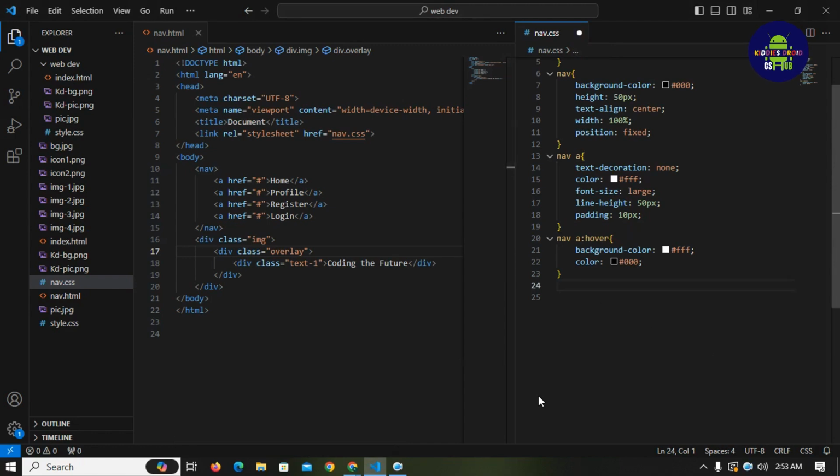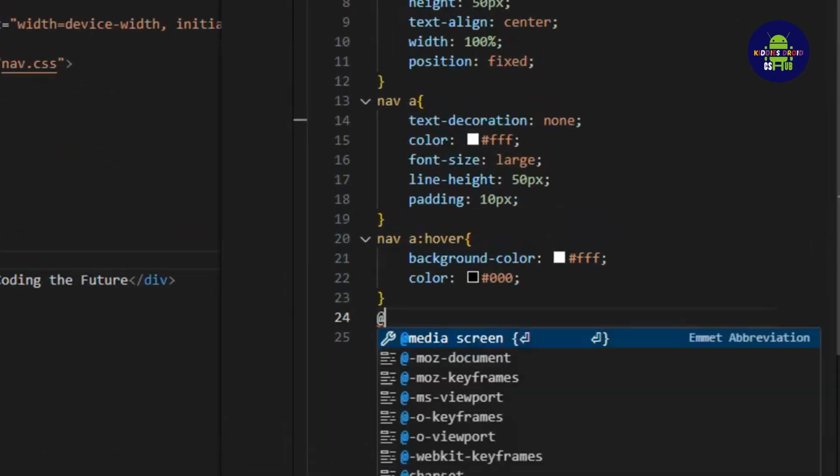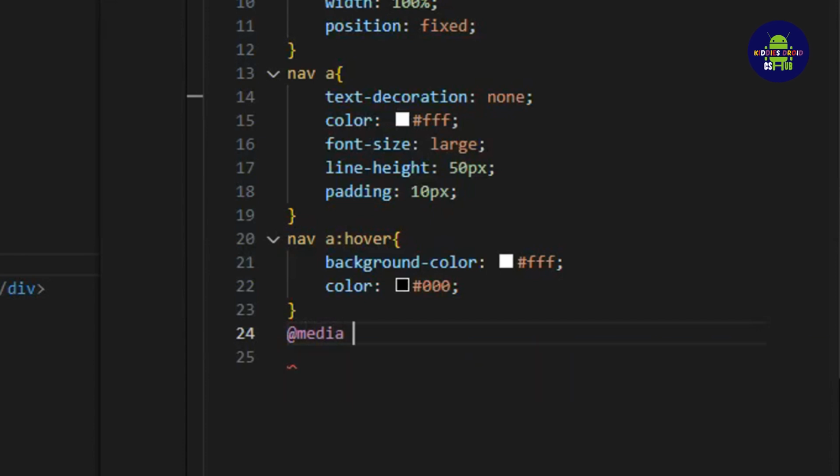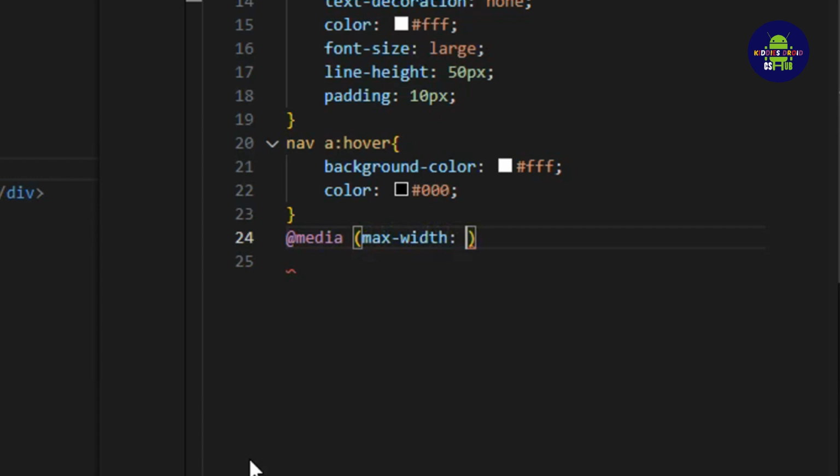The keyword for media query is simply @media, and then we put in our condition that once this page is below a certain width, then it should take a particular styling. It should display a specified styling. So in this case, we're going to say once our screen size goes below 768px, then we want